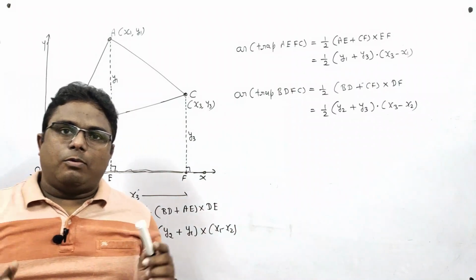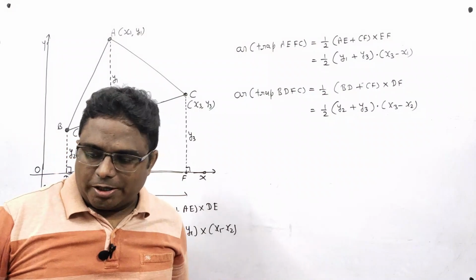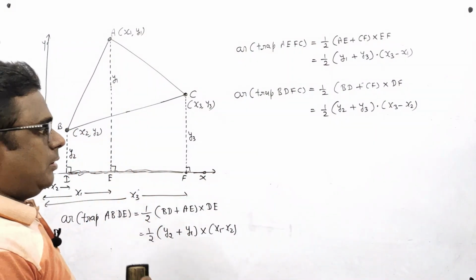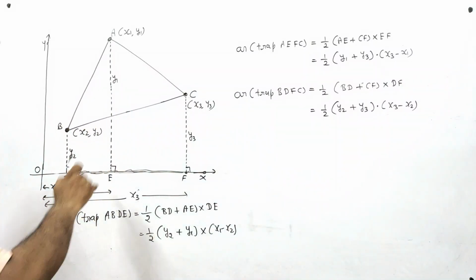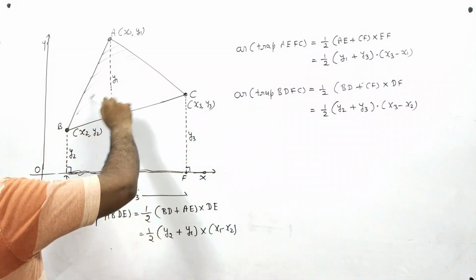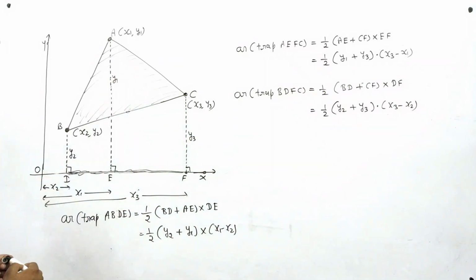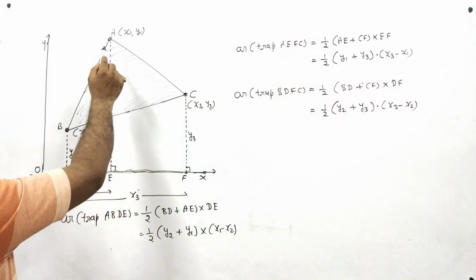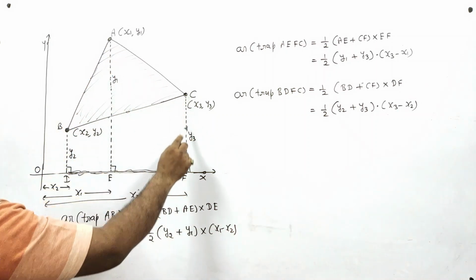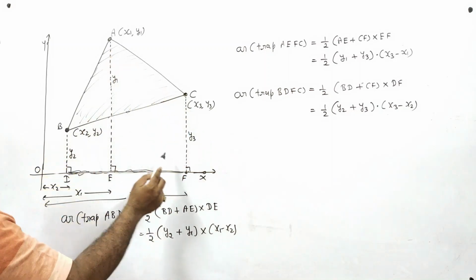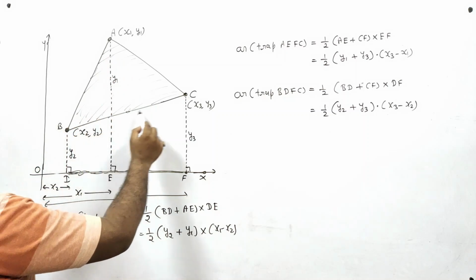Okay, so I have obtained the areas of all the trapeziums which I declared in the starting. Now let us come to our main strategic point. I want to find out the area of this triangle. And to find out the area of this triangle, what will I do? I will take the sum of this trapezium and this trapezium, and from that sum I will subtract this trapezium. So as a result, this triangle will be left.